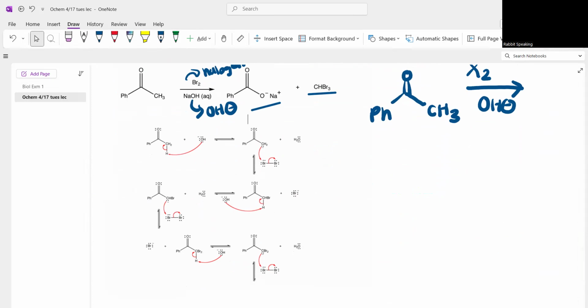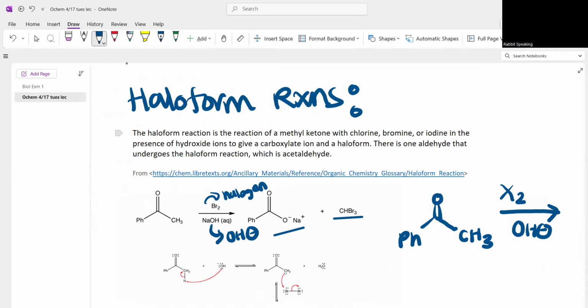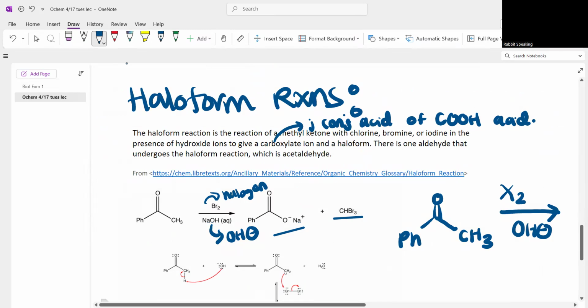Let me Google what a carboxylate ion is. Okay, a carboxylate ion is basically just the conjugate base of a carboxylic acid. If you add an H here, you'll have your carboxylic acid. You remove that H, and the conjugate base here is our carboxylate ion. And I think a haloform is just a fancy word for